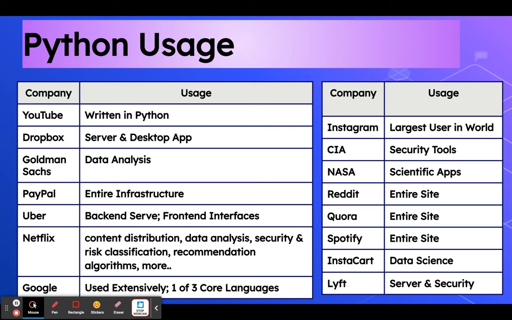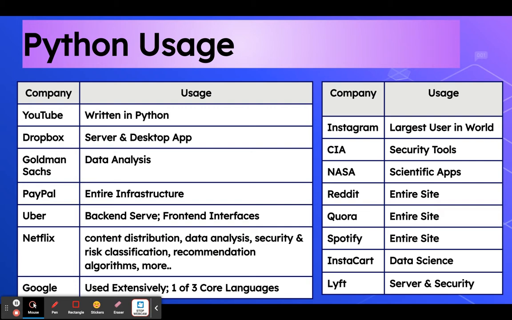Instacart for data science. Then we have Goldman Sachs, PayPal. Those are used in the financial world for a lot of data analysis. You can just imagine how much data there is in finance. PayPal, same thing. So that is an extremely huge area that Python is used in.